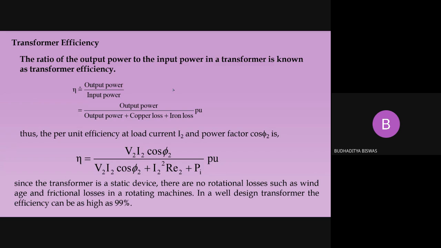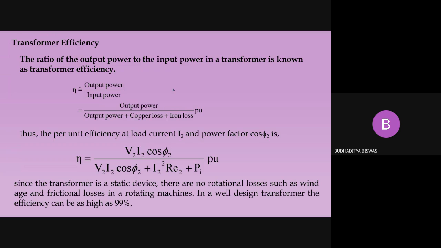So one suggestion is that in some numerical problem, if you get your transformer efficiency as 60% to 70%, your calculation will definitely be wrong, because whatever the transformer, the efficiency is always in the range of say 85% to 99%. So if it is coming below that, some error should be there in your calculation.